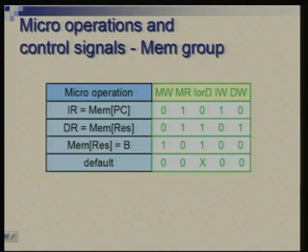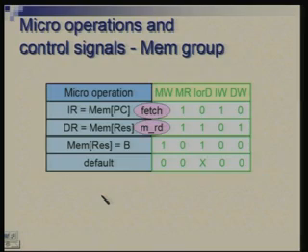Finally, the default here is to keep write and read both signals low, also the register load signals low, 0, and then this does not really matter. Some convenient names for these: this is fetch, this is memory read, memory write, and no operation. Now in later discussion, once we say fetch, it would mean that this is the operation we are performing, and this is the set of values we are giving to control signals of this particular group.